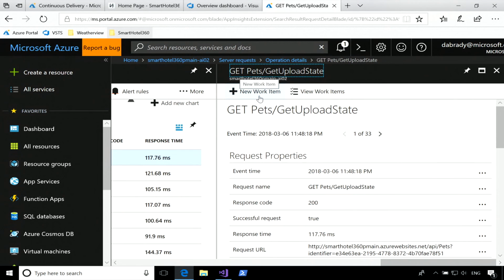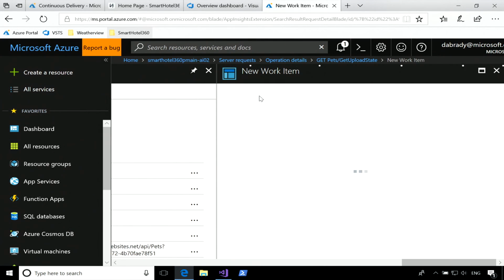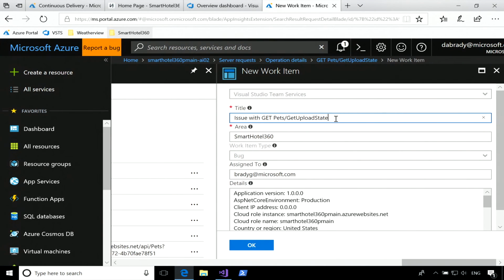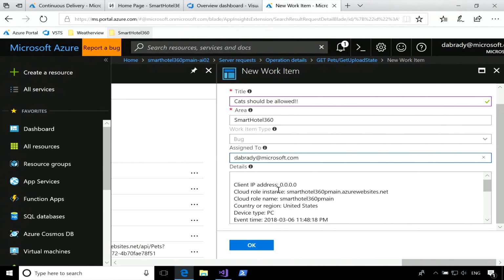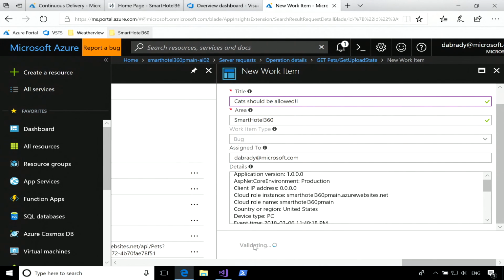So I'm going to add a new work item. Now, this is linked back to VSTS. We're closing this loop here. I'm going to say cats should be allowed. And I'm going to assign this to me. And again, we can see all these details. We can add anything else to this if we want, or just click OK and let that create a new